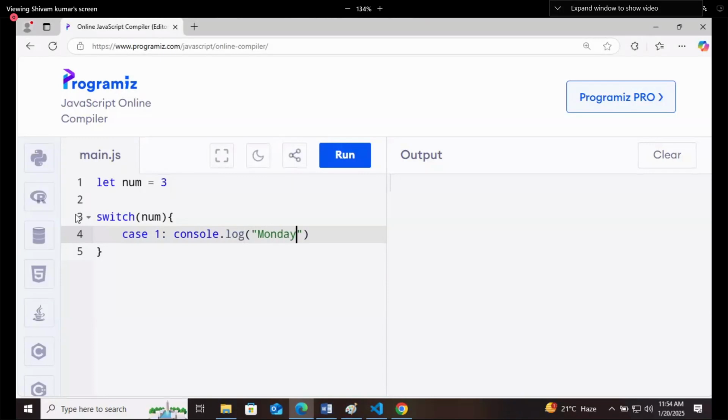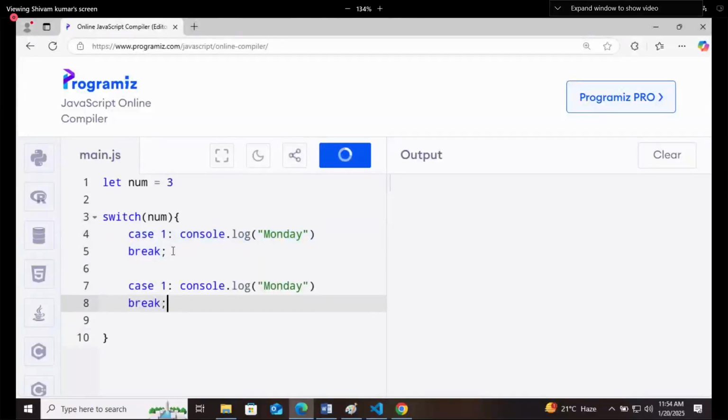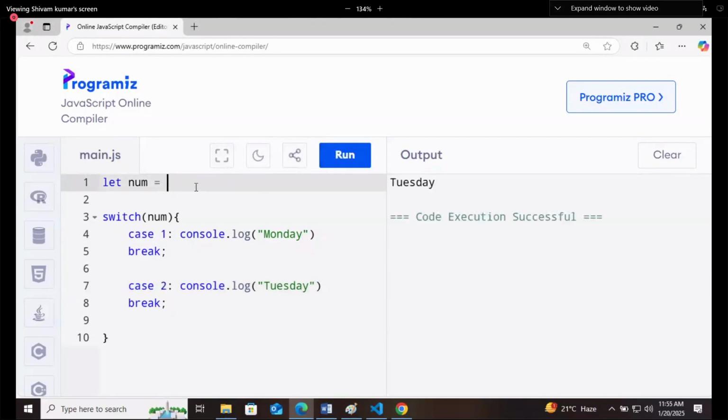Console.log Monday. After that you can break this. Now you need to use it the same way. Here I will write Tuesday and the case is 2. If you're writing 2, it will print Tuesday. If you're writing 1, it will print Monday.